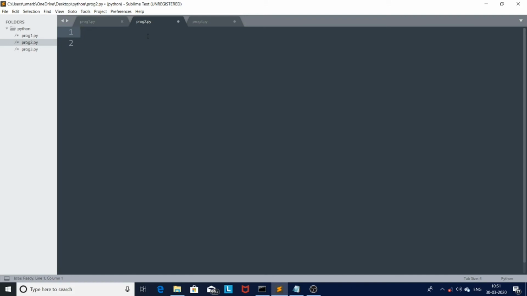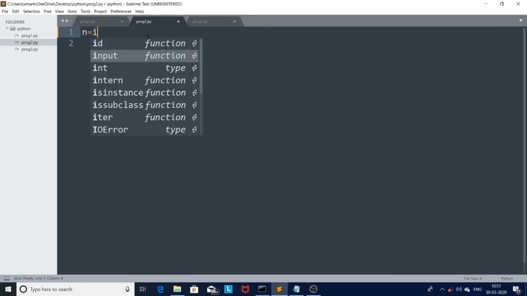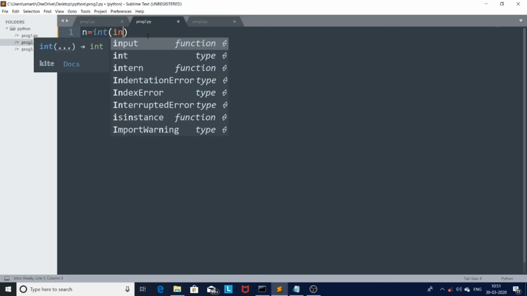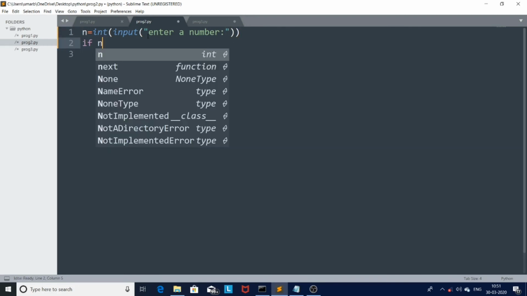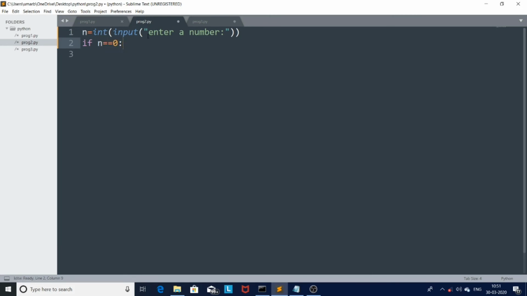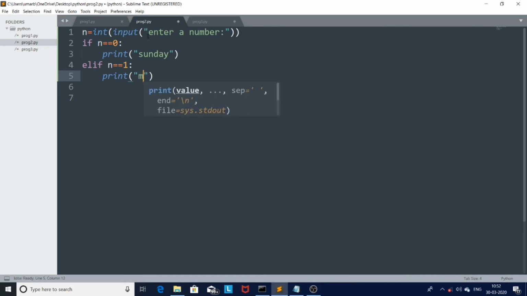So let's actually start. I'm taking a number from the user as input. I'm making a prompt, enter a number. Okay, and I'm going to write if n is equal to 0. This is Sunday, so print Sunday. Right. Now elif n is equal to 1. It is Monday. Right. I'm going to copy this